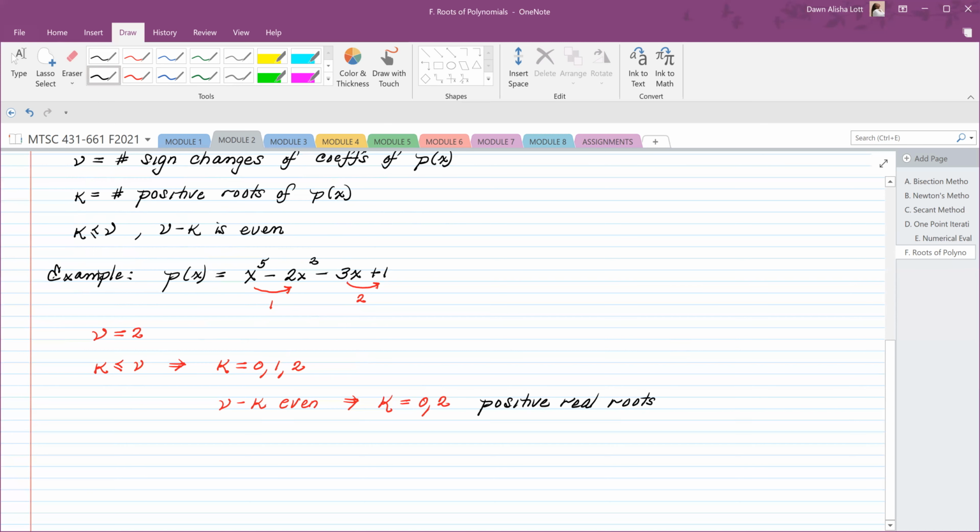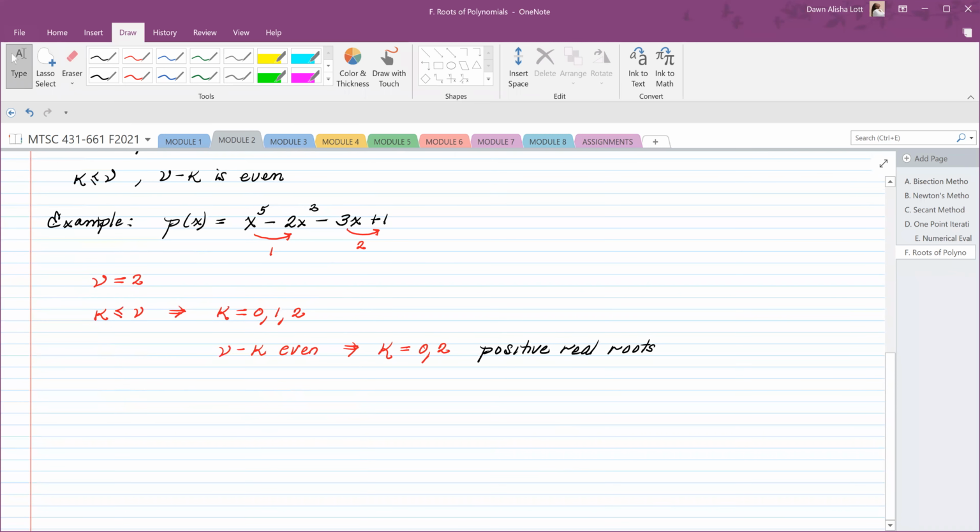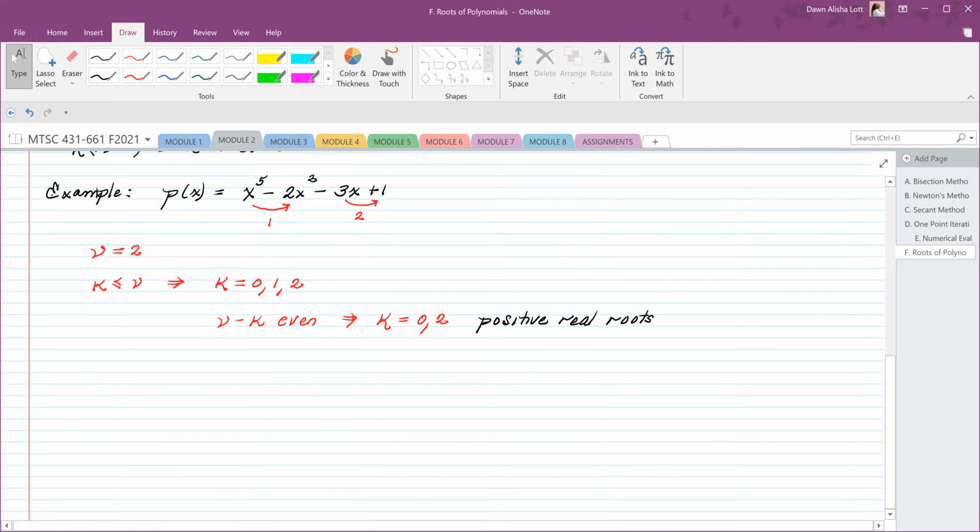Okay. So that just gives us a way of trying to figure this thing out. It's either 0, no real roots, or it has 2 real roots. Okay. No real roots or 2 real roots. So, let's think about this for a moment. 2 positive real roots. Yes. Okay. All right. And then C, we can get a bound